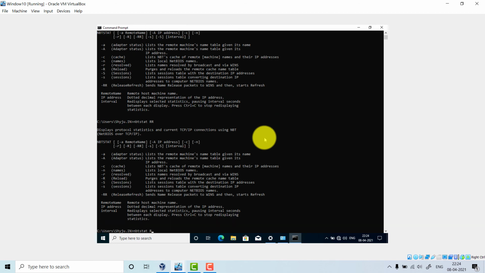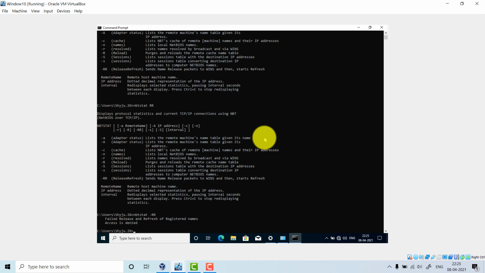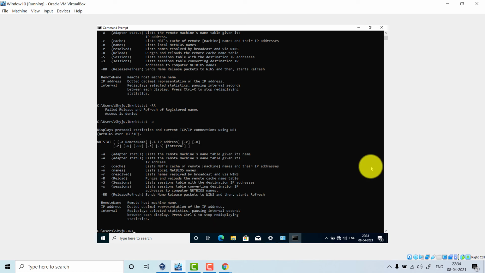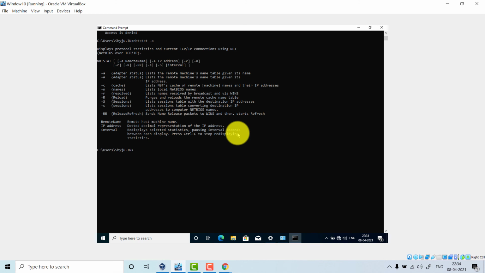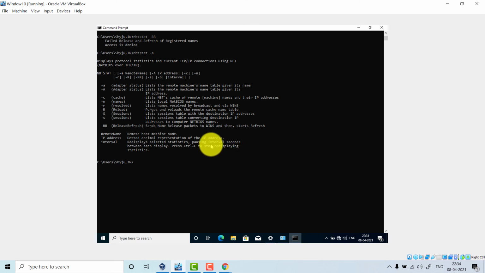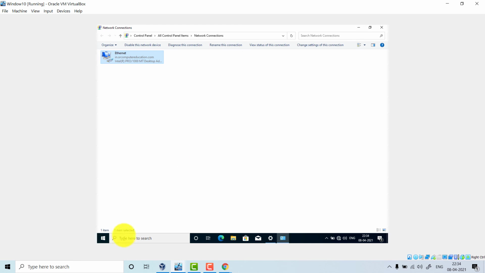Sorry, actually I have to give the dash also. Okay, it is saying that access is denied. This error says failed to release and refresh.